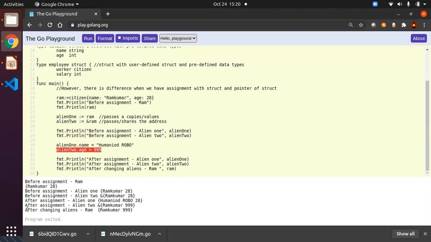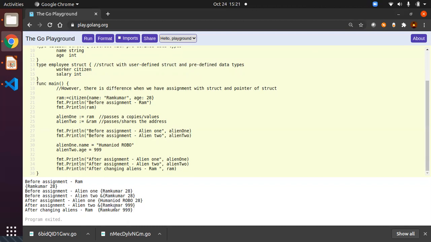So after assigning the new values to the alien1 name and alien2 age, alien1 is updated as usual, because earlier it had only Ram Kumar 28, and now only the name got changed. And if you see alien2, you updated it, and it is still the pointer to the Ram Kumar and 999. So you updated the memory location and it has the values Ram Kumar and 999.